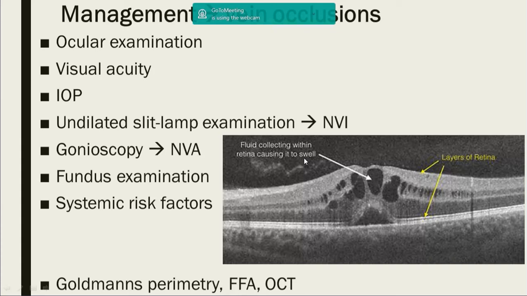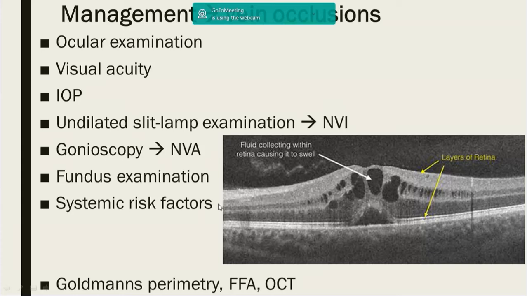So once you've diagnosed it as BRVO, branch retinal vein occlusion, or central retinal vein occlusion, how should you do the management? Ocular examination should be done thoroughly. Visual acuity should be measured for every patient who walks into the OP, and intraocular pressure should be measured. Especially in a chronic case, when you're suspecting neovascular glaucoma, you should examine the iris and the angles for any presence of neovascularization, with the help of slit lamp for neovascularization of the iris and with the help of gonioscopy for neovascularization of the angle. So that is how you need to look for them and predict if they can go into neovascular glaucoma and treat them accordingly.